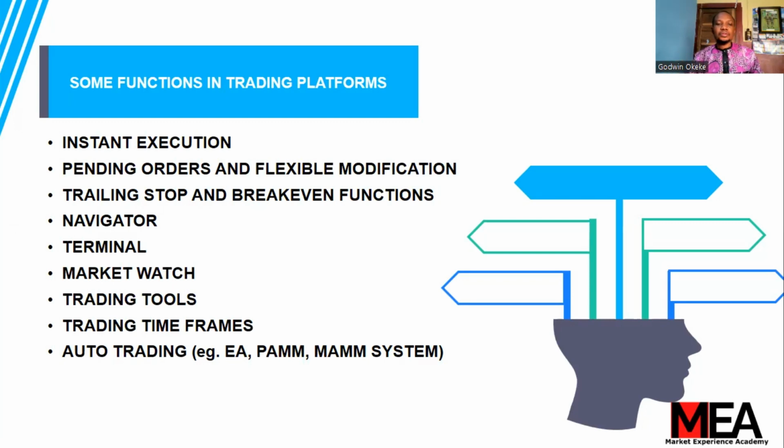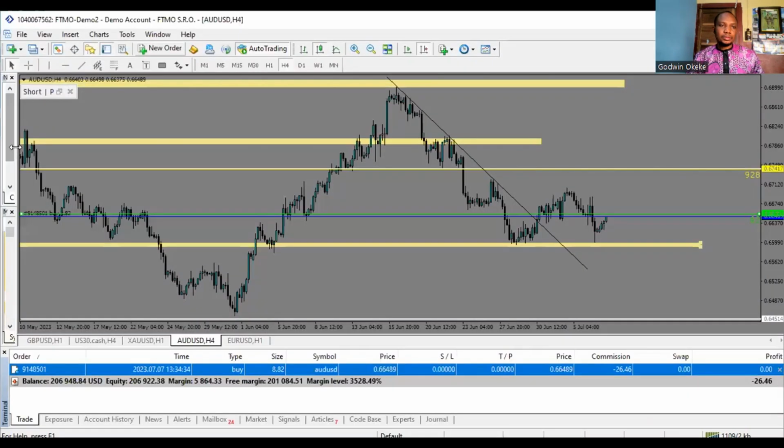The navigator section is where you find your account details, the present account you're managing, and every other thing that runs. It's just like the engine house of the application. This is where you find your expert advisors, your indicators, everything in the navigator section of the software. So let me show you. As you can see, this section is called